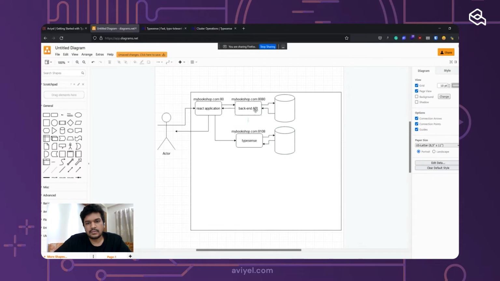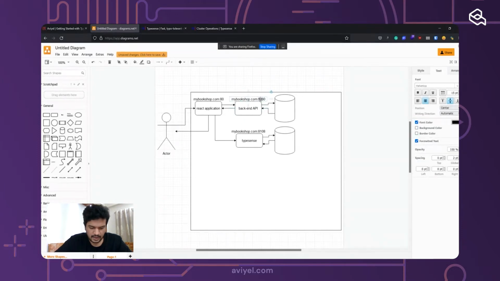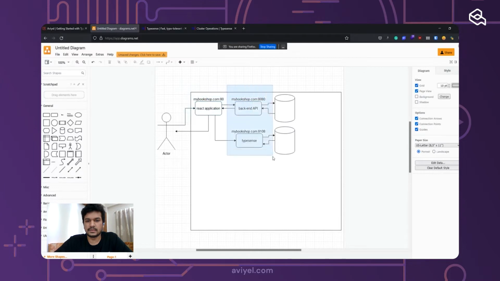Usually we set up our firewalls in a way that this 8080 port and this 8108 port will be inaccessible from the outside, but only port 80 will be accessible from the outside. These two will not be public. Not even the databases. So that's how an application looks